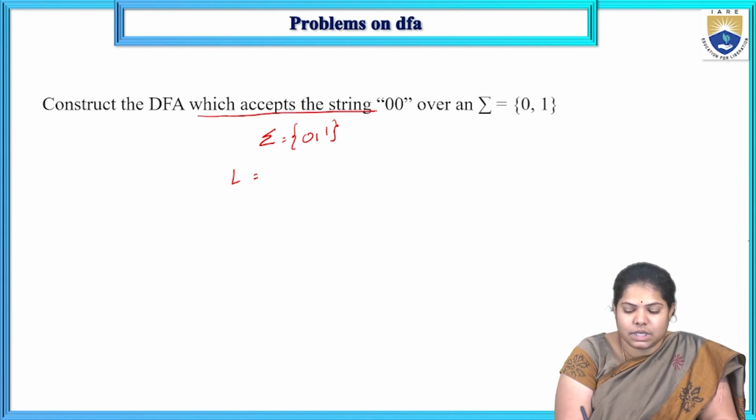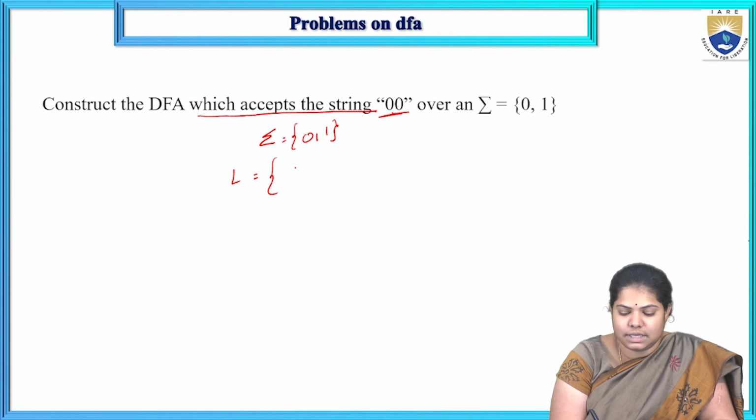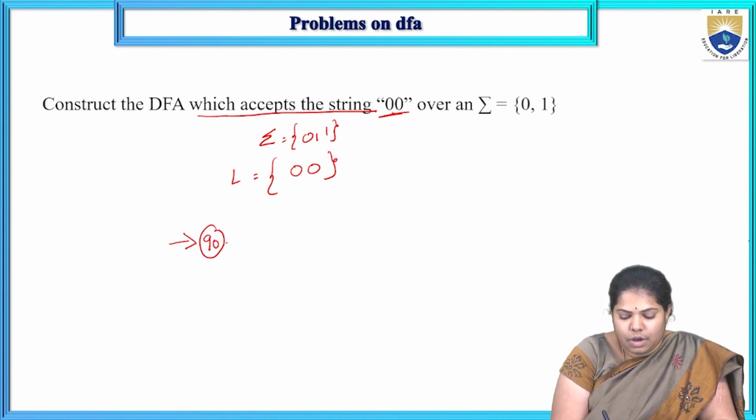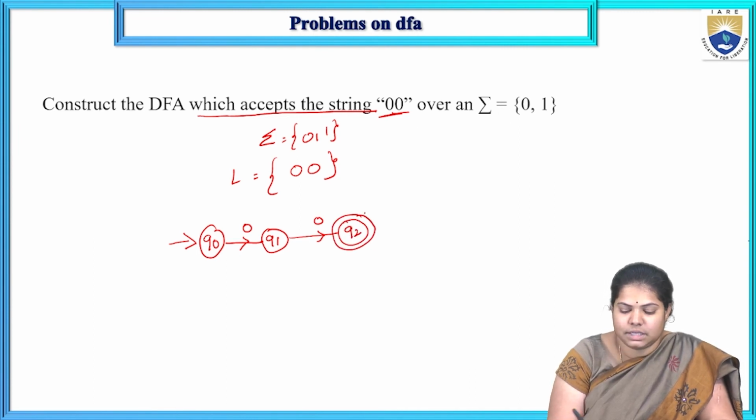Which accepts the string 0 0, the only one string that has to be accepted. I always start with my initial state Q naught. On seeing 0, I reach the state Q1. On seeing 0 again, I reach the state Q2, the final state. That means I need to accept this 0 0